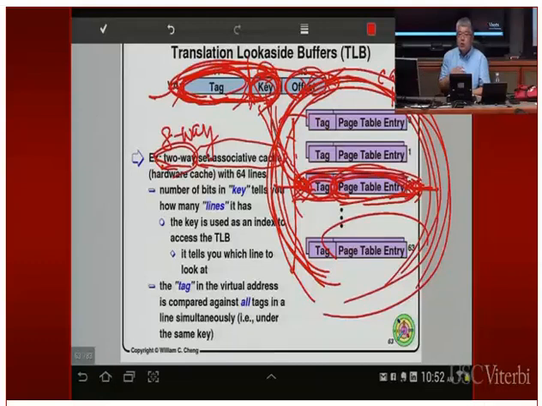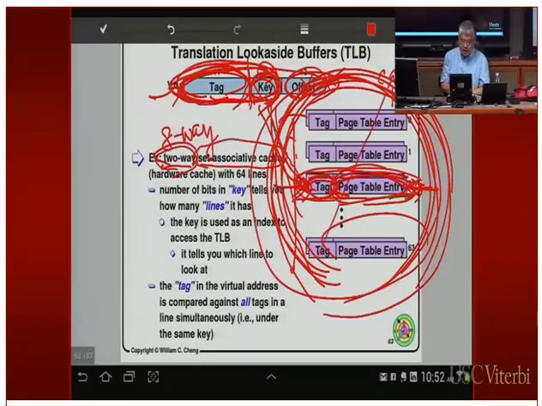So when you switch to a different user process, you have to replace the translation look-aside buffer contents with those of the new user process. That is a little too much work to do every time you switch from one user process to another. So what is normally done is that when you switch from one user process to another, you flush the entire translation look-aside buffer. You mark the entire content of the translation look-aside buffer as invalid.